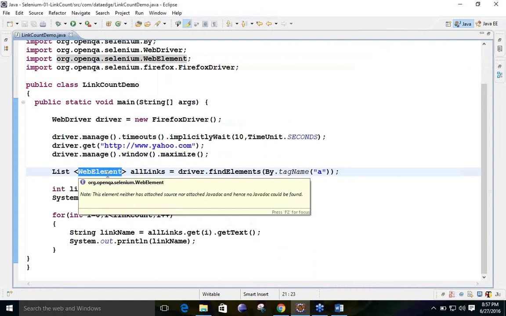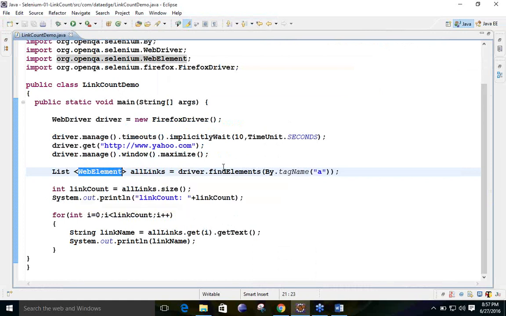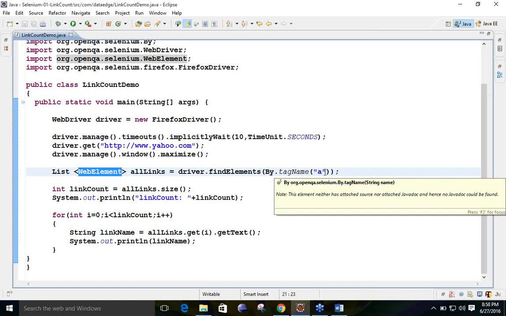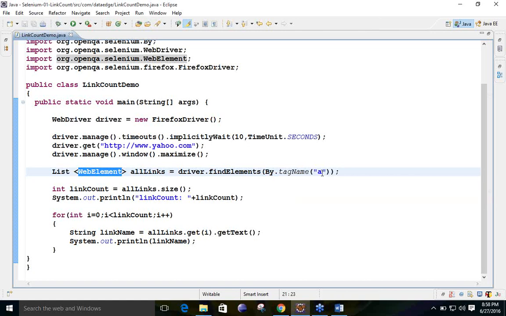You can't take any extra value like a string or integer. If you write integer over here, it is going to search only for integer values from the web page, and there may be an error also, because there may be no integer value present in your case. Why? Because tag names will always start with a, and that will be a string.